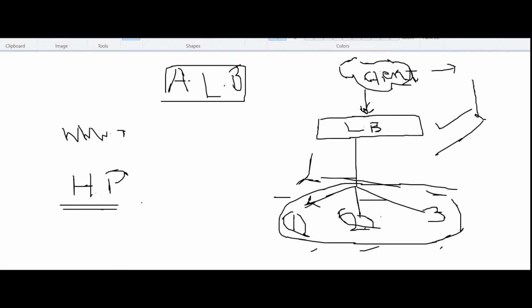Let's suppose VM3 went down. Then traffic will not be distributed to all these VMs. Traffic will only be distributed to VM1 and VM2 because VM3 is down. And how did VM1 and VM2 come to know that VM3 is down? Through health probes. They basically ping each other at regular time intervals.